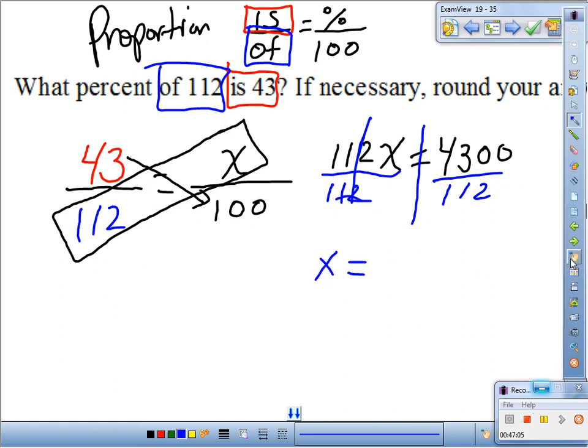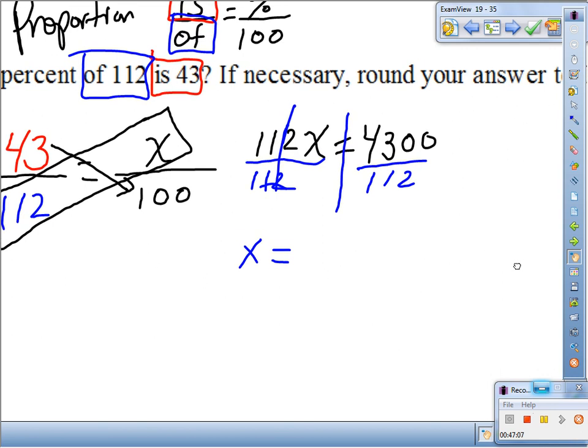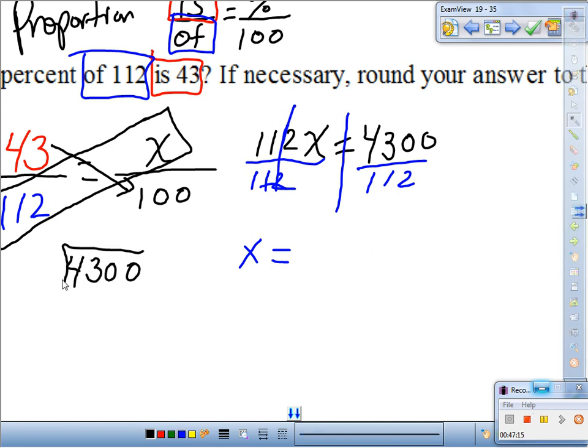X equals, and let's do the division. On division, I'm going to do that over here. Let's do it right here so I can keep 4300 divided by 112. How many times does 112 fit into 430? 3, that's 336. Subtract 336 from 430, that's